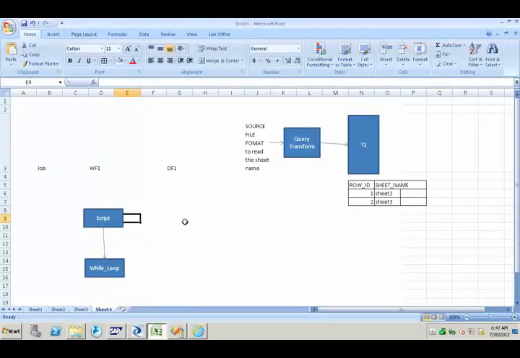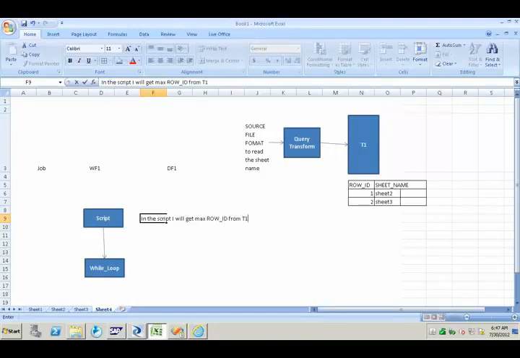Next, in the script, I will get max row_ID from T1, and I will pass it to one variable called $row_ID.